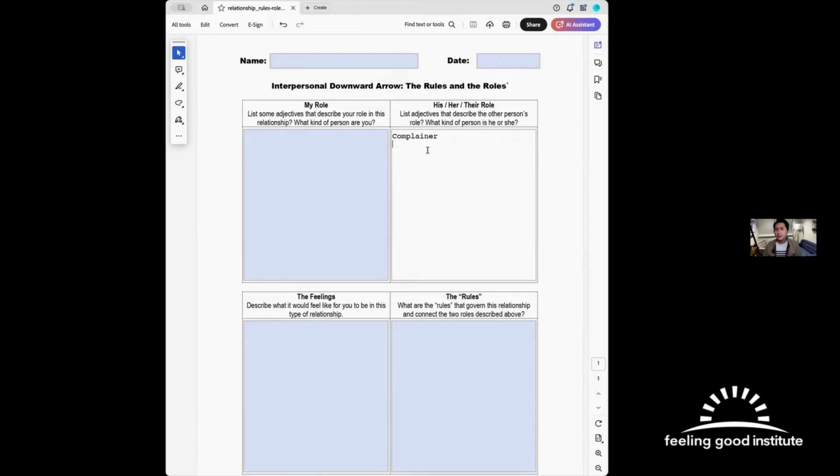Well, if she's always complaining, that means she's always running into problems. So maybe like troublemaker. Okay, troublemaker. Yeah, very good. What else comes to mind? I don't know. Do you have any thoughts on that? Yeah, well, one thing that stood out to me is that it really bothered you that she comes to you with a problem, and then all you're doing is just trying to help her, and then she gets mad at you. That sounds kind of unreasonable or unfair.